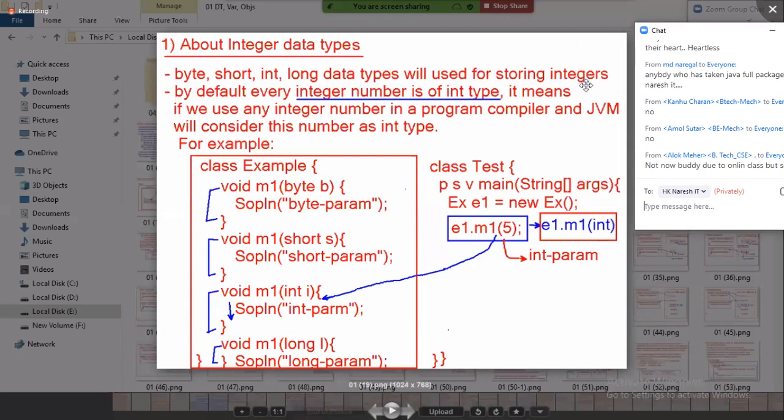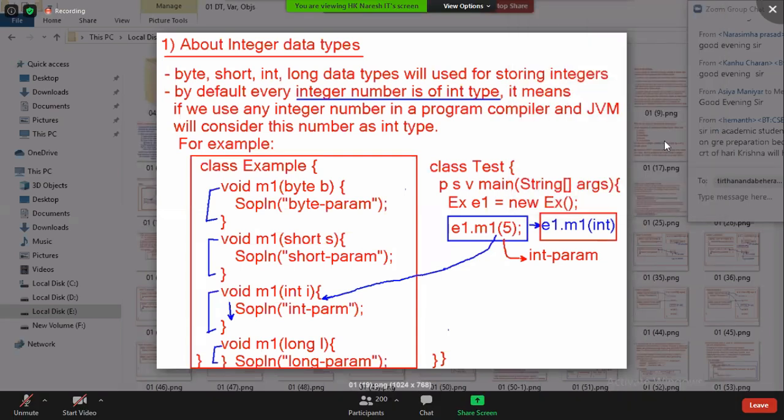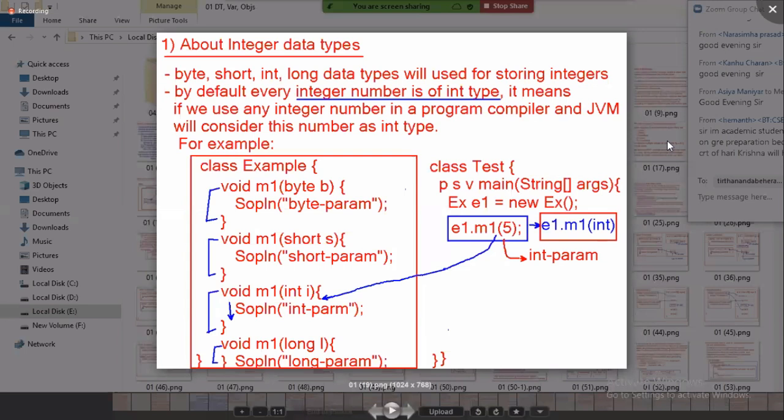Among these 4 data types, which one is the main data type? When there are multiple people, there will be a leader. A cricket team is a group of 11 people.